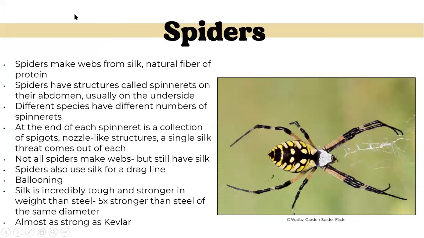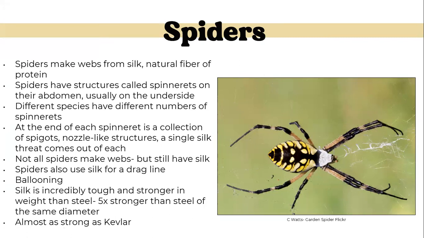All right, so I know they are not insects, so they kind of fit within this arthropod thing here, but spiders. So spiders are one of the quintessential animal architects that I think of. So they make webs, not all of them, but they will make webs out of silk. So that natural fiber, which is going to be protein. So spiders have structures called spinnerets on their abdomen, which is that very back part, their butt, essentially,